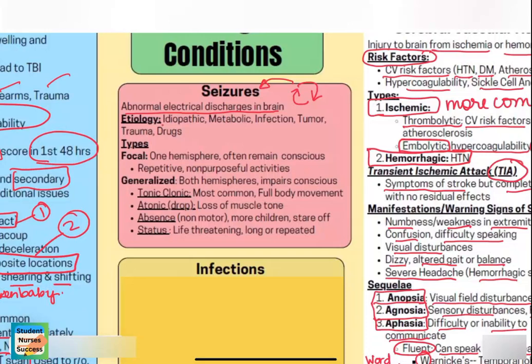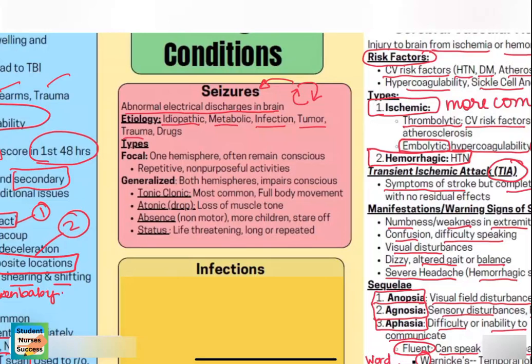Causes of seizures can be idiopathic. We have no idea why some people have them. They could be related to a metabolic problem, maybe an accumulation of some type of metabolic product. Maybe if you can't process some enzyme, you're missing an enzyme, or you can't process some type of food or some type of amino acid, you can develop maybe seizures that poison the brain. It could be an infection such as meningitis. It could be from a tumor, or something in the brain that is pressing and causing an electrical discharge.